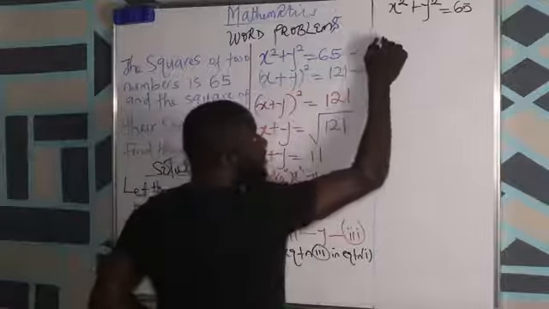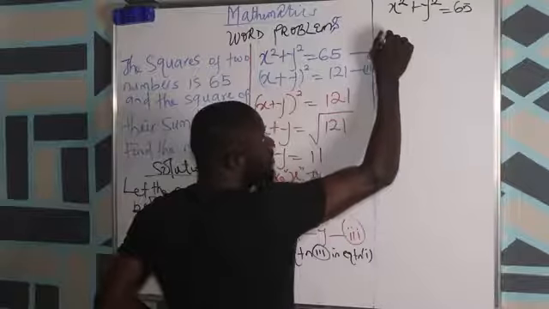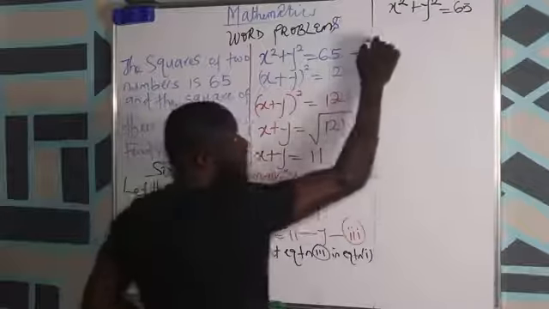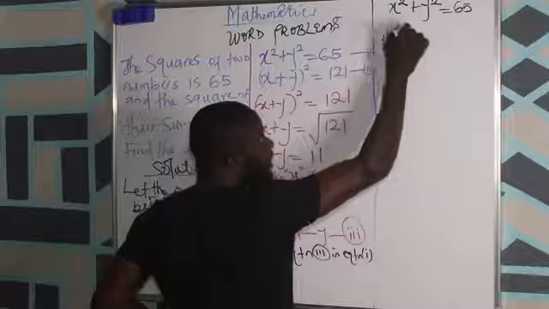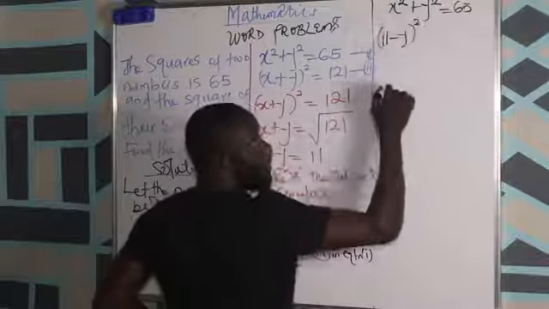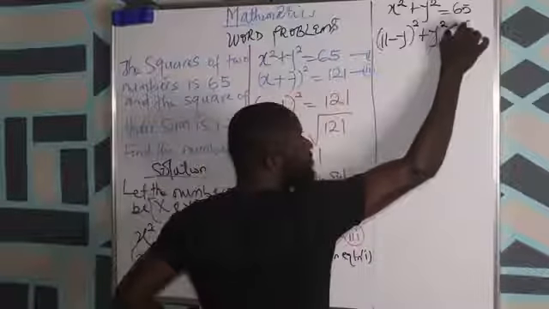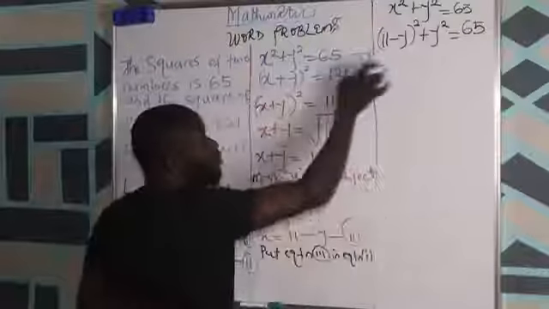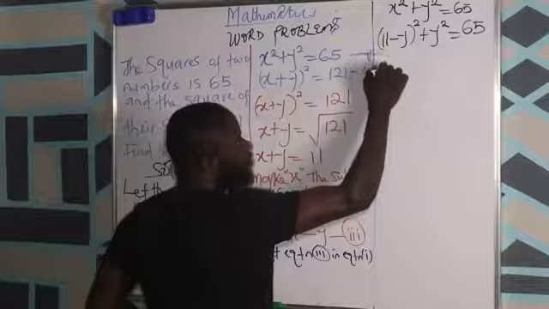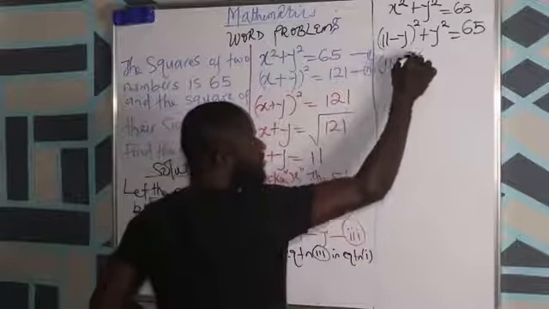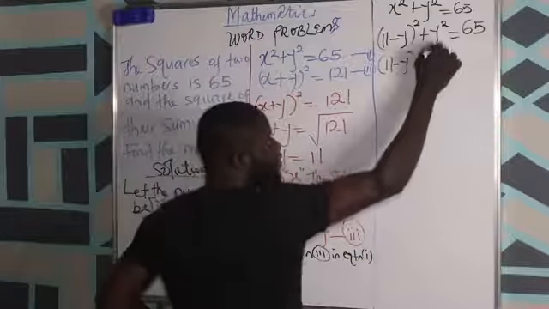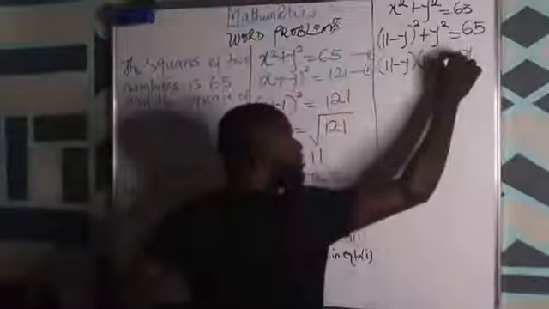So I have 11 minus y all squared plus y squared is equal to 65. So we are to expand this bracket. I'm going to do it this way for simplicity and for others that are viewing too. Plus y squared is equal